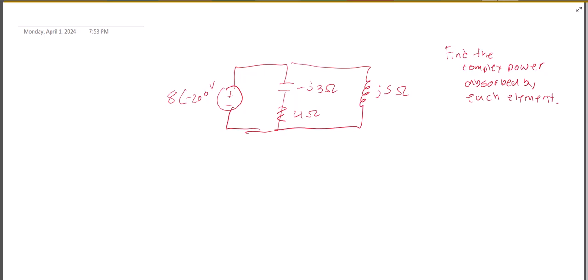We'll see. Okay, so first of all, notice that our 3 branches are in parallel. So we have the same voltage across all the branches. So I will call this I1, and I will call this I2. So this is ground. So I1 equals 8 angle negative 20 over minus J3 plus 4